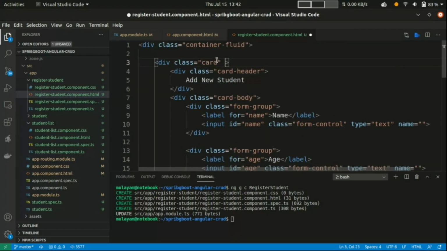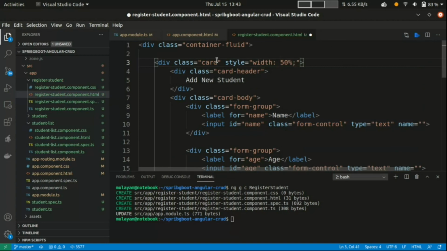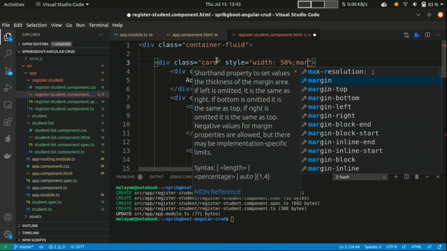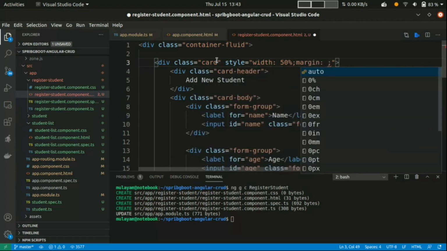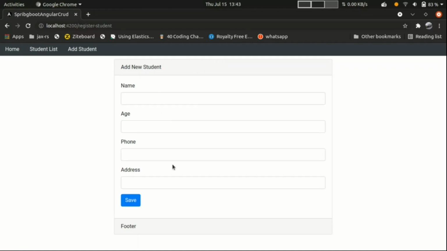I want to set some size for this one: style width 50%, and margin 10 pixels and auto. Now it should be in the center. That's great.